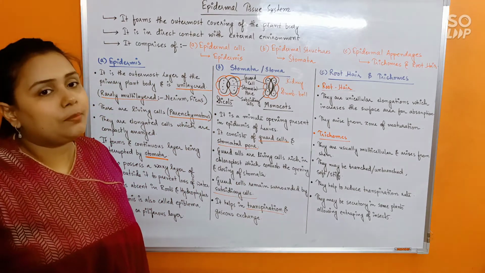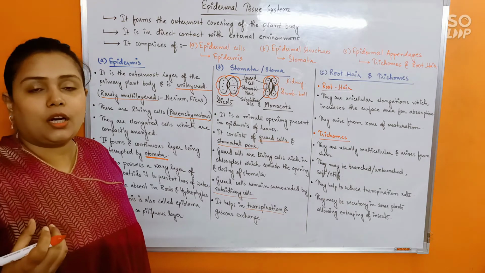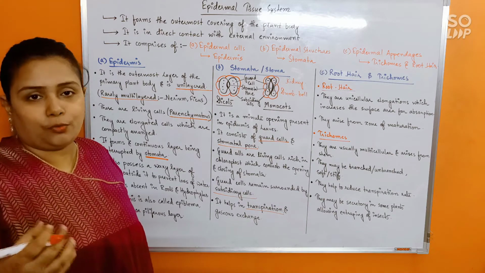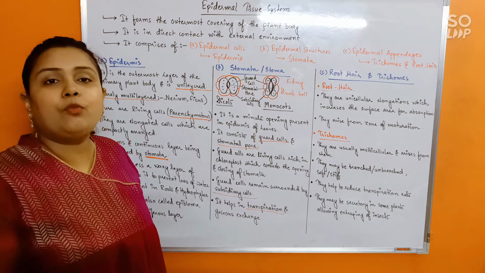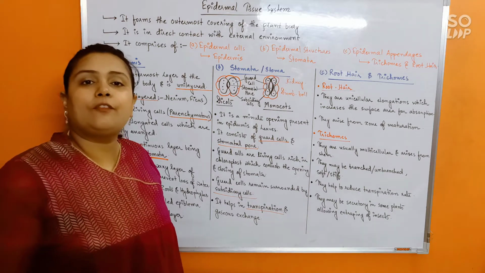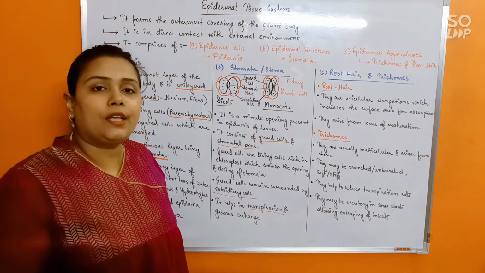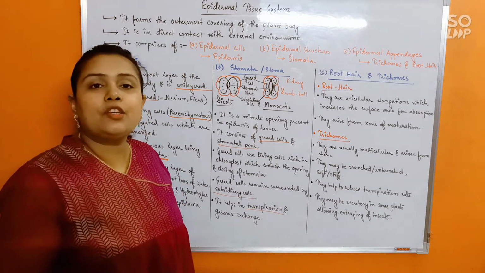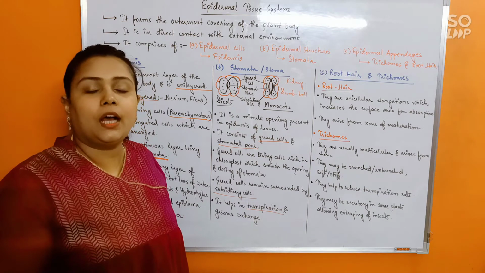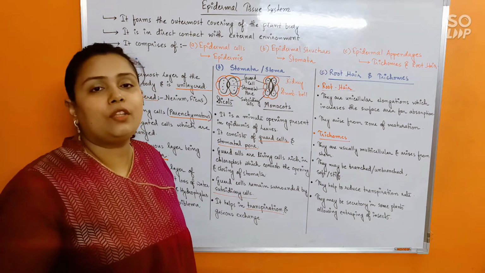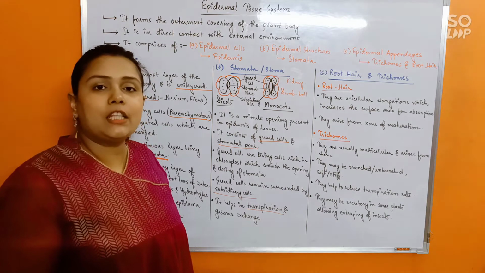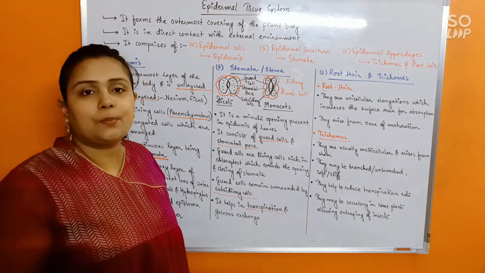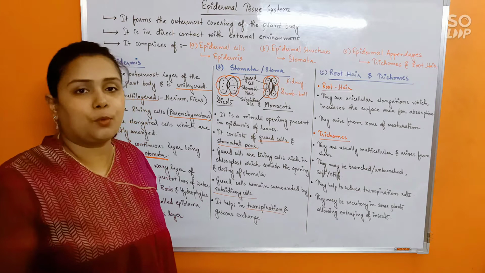So transpiration means the loss of water from the plant body in the form of water vapor. If water is lost from the plant body in the form of water vapor, we will call it transpiration. Transpiration is a very, very important phenomenon which accounts for most of the transport happening inside the plant body. How exactly transpiration allows transport, that you will be learning in the transport chapter.